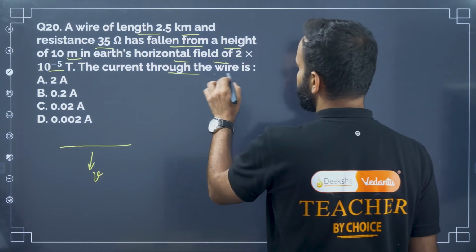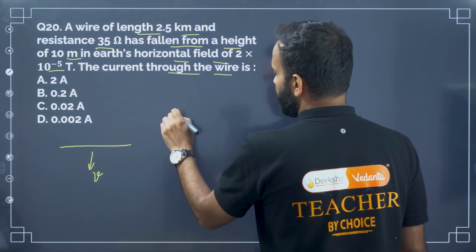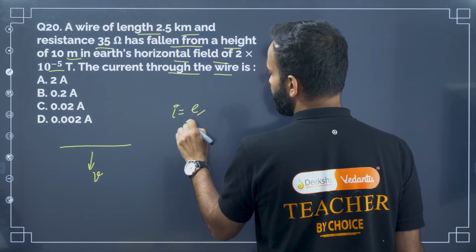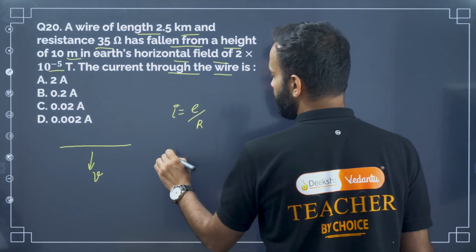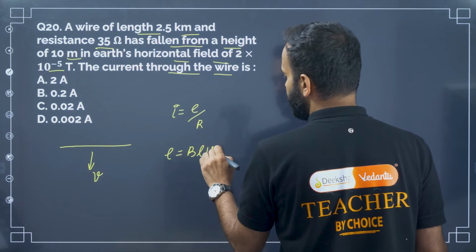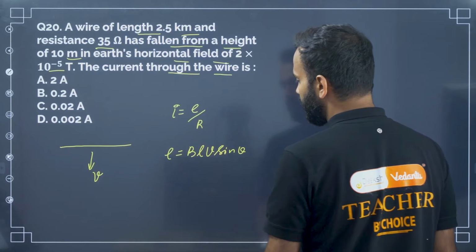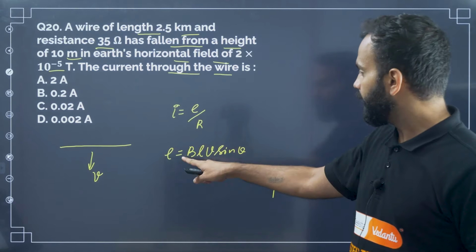We need to find the current through the wire. Current through the wire, I equals the EMF produced in the wire divided by R. So let us find the induced EMF in the wire. E equals B into L into V sin theta. What is theta? Theta is the angle between the motion of the wire, that is the velocity of the wire, and the magnetic